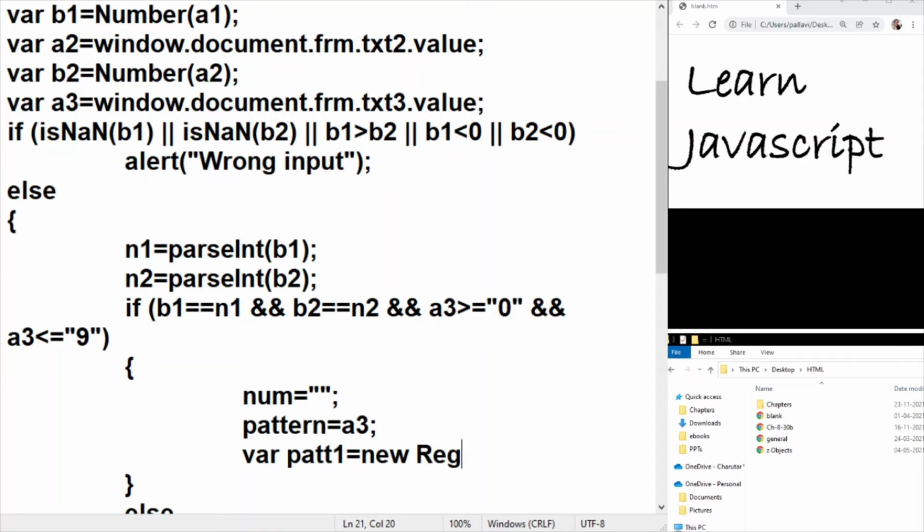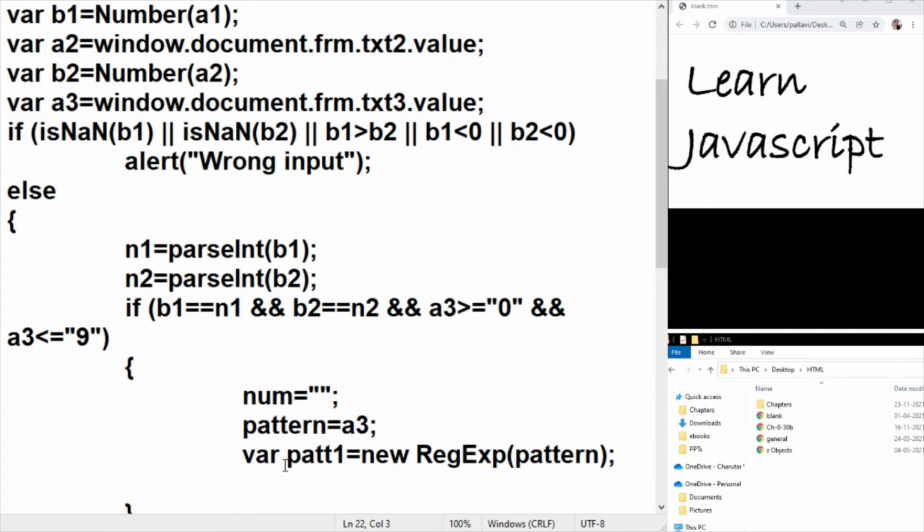So we use the RegExp object and we will pass in the pattern which is there in A3. Supposing the user has entered digit 0, then 0 is used as the pattern that we are going to search for, and we are converting that 0 into a pattern so that we can use the test method on the string using this pattern. Once this is done, we have the pattern available in say pat1.